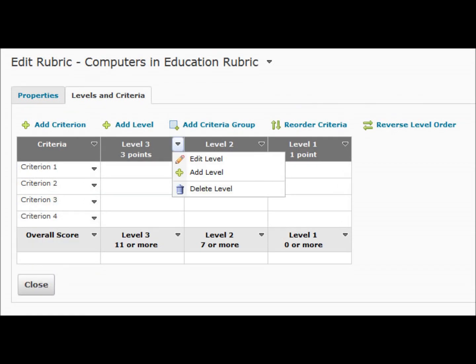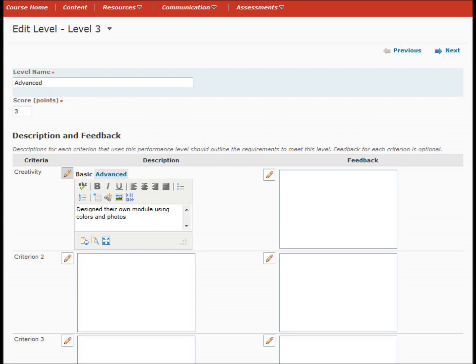Now we are going to practice adding levels. First, you are going to click on the drop-down arrow next to Level 3. You are then going to select Edit Level. Now you will find yourself at the Edit Level page. First at the top, there will be a space to put the level name. I chose to put Advanced because that's going to be the highest level that my students can achieve in that